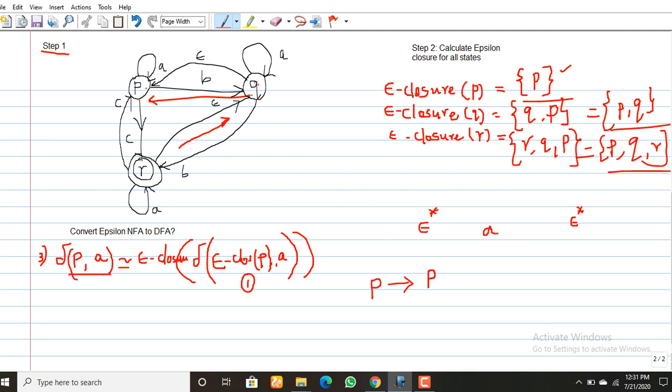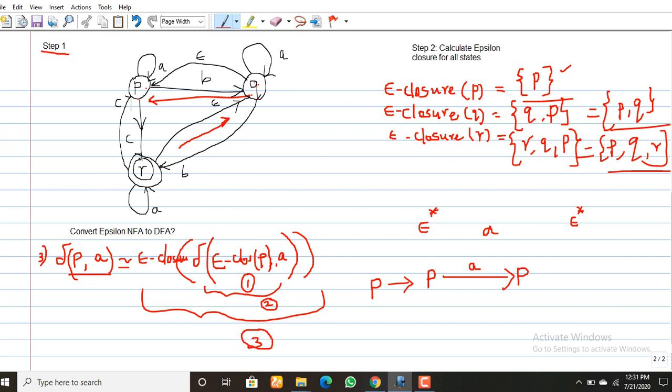Okay, in the second step, you have to make transitions on this output. So on receiving A, P moves to P only. In the next step, you have to apply epsilon closure again.